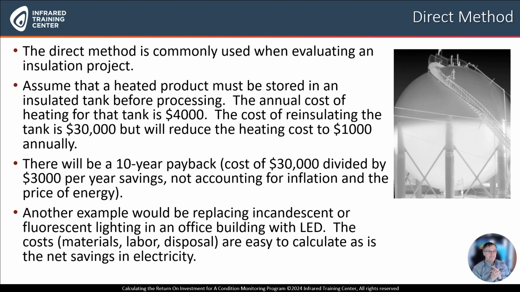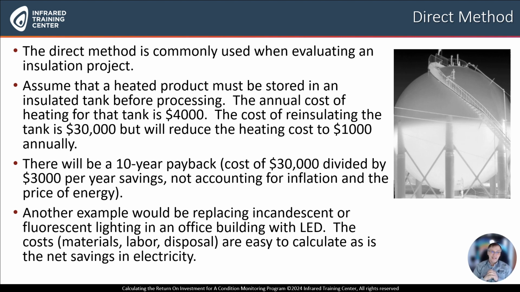So the direct method. The direct method is commonly used when evaluating an insulation project. Assume that a heated product must be stored in an insulated tank before processing. The annual cost of heating that tank is $4,000. The cost of re-insulating the tank is $30,000, but will reduce the heating cost to only $1,000 annually. Therefore, you have a $3,000 per year savings, not accounting for inflation and the price of energy, of course. And so that's a 10-year payback. And some people will say, well, maybe that's a little too long, and others will say, well, hey, it is